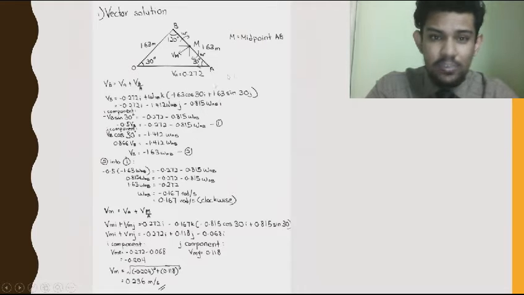This is the x-axis, this is the y-axis, and then we get this equation and divide it into two components, the i and j components, and then VB equals negative 1.63 omega AB. Then we substitute 2 into 1, and we can get the angular velocity for AB, 0.167. Calculate VM by using the angular velocity, divided into two components, i and j, and this is the body diagram. You can see the i and j components of VM, the velocity of M. We use the Pythagoras theorem here, and then we get 0.236 meter per second.